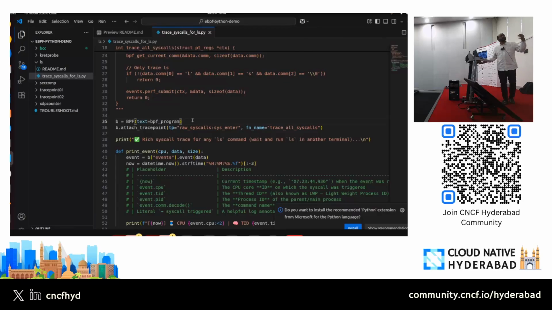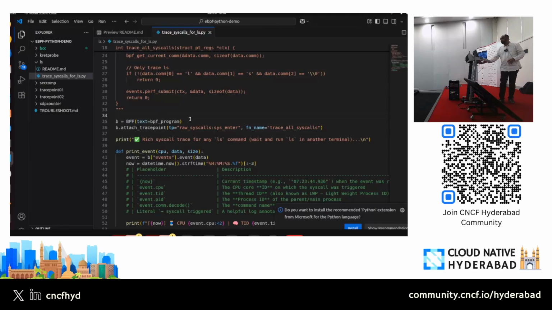It will verify and compile this C code, that is the eBPF code, and then through the BPF system call, it will send it to the Linux kernel, to the eBPF basically, and then it gets deployed, or loaded, over there. So that's the first part, and it does a lot of things out of the box.